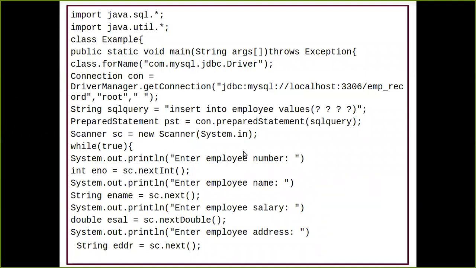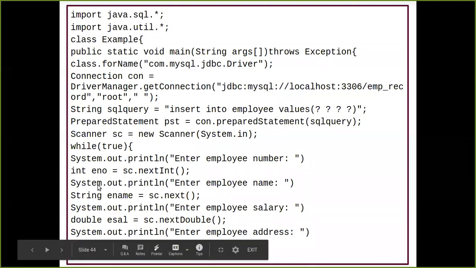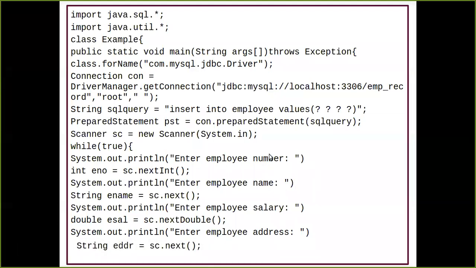So if I am defining int over there, and if I'm using the string value over here, and if I try to put that string value into the integral part of the integer value, which has been defined as the data type of your first column, that is your employee number, then there is going to be an error. So what basically I'm trying to do is I have created a column employee number with integer data type in my database.